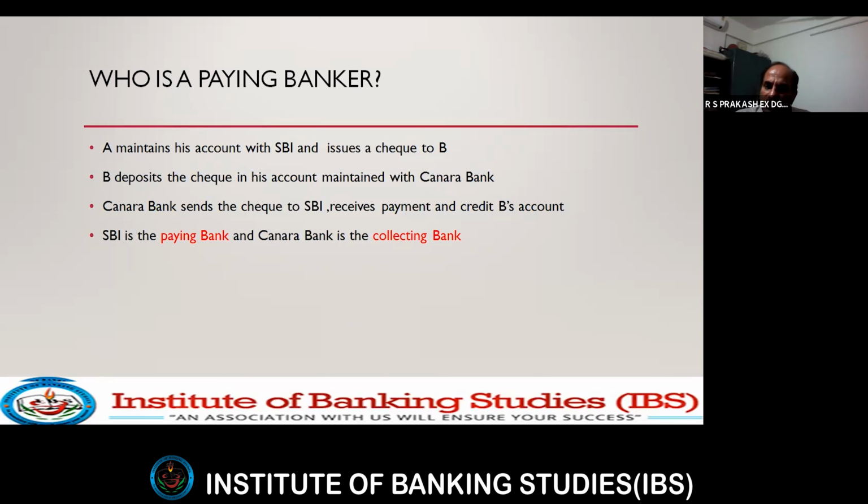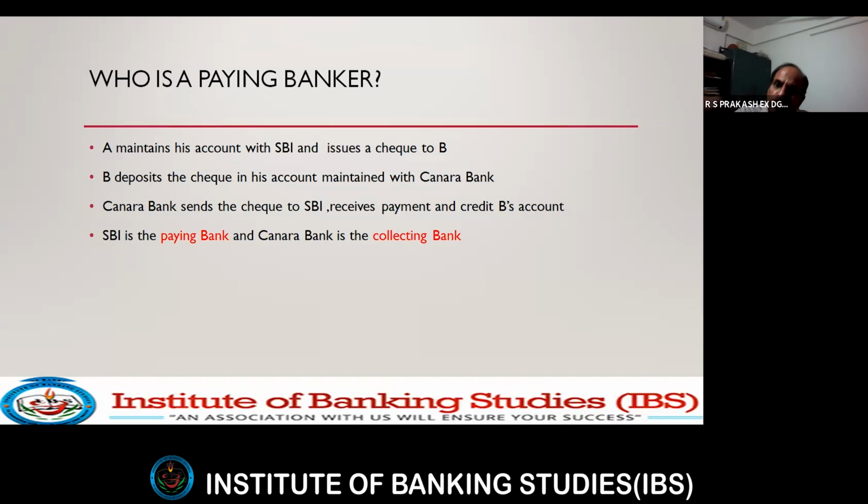There are three parties to a negotiable instrument: drawer, drawee, payee. I think you are familiar with this, and I don't think there is any banker who does not know the parties involved in a check. Check is a negotiable instrument as per section 6 of the Negotiable Instruments Act. There are three negotiable instruments. One is a promissory note, the other is a bill of exchange, and the third one is a check.